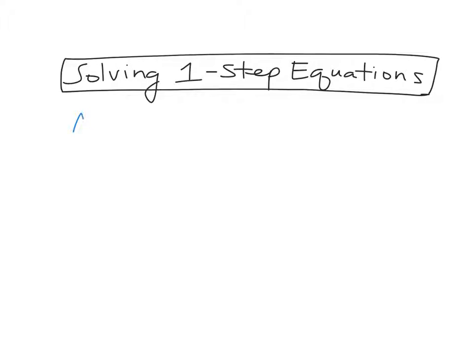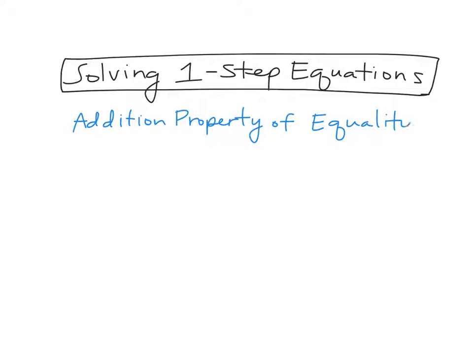just to be sure. So the first two properties that we're going to talk about are called the addition property of equality. Any guesses what the other one is? If we're talking about addition, we're also going to talk about subtraction, okay? So the addition property of equality, we're going to start there, says that for any real number, so if we have A, B, and C as real numbers,